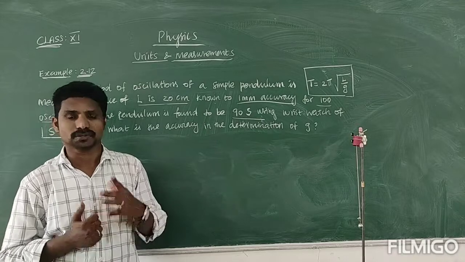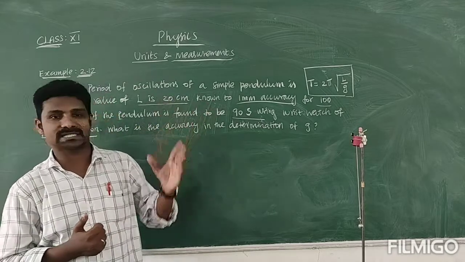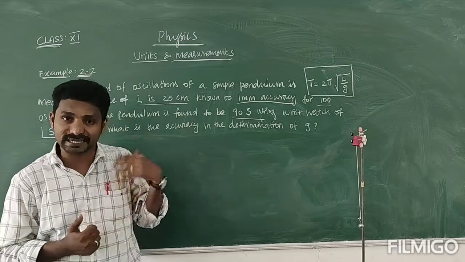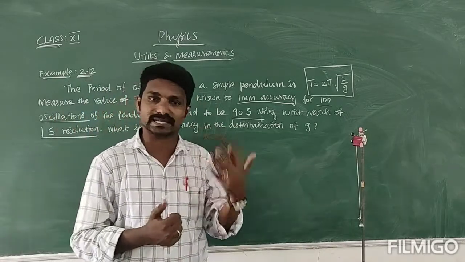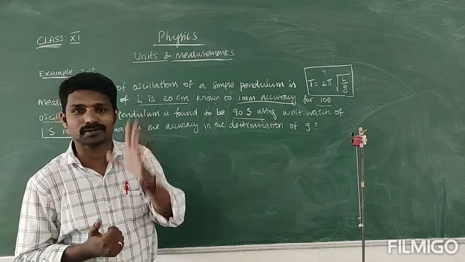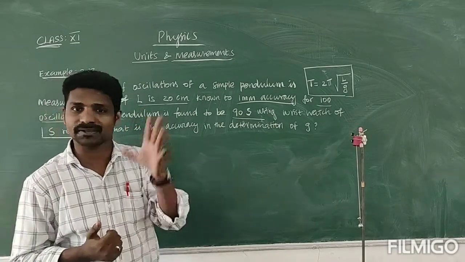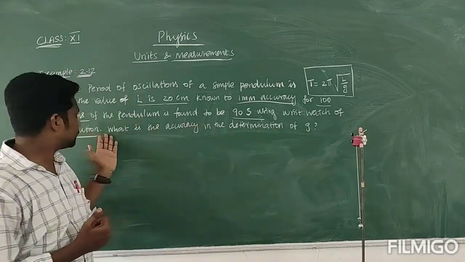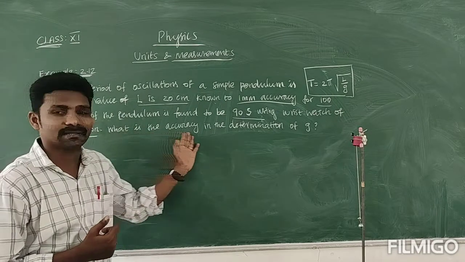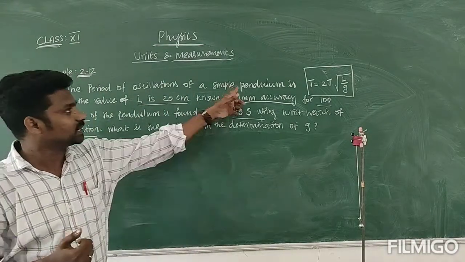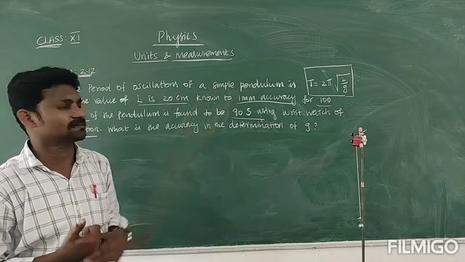So they give some situation. In this situation, we can take some readings, and after calculation we can get the gravity value. That gravity value is not exactly accurate; it is only somewhat accurate. So the theme of this question is that we are going to calculate that accuracy. See, here the basic concept is from the simple pendulum.